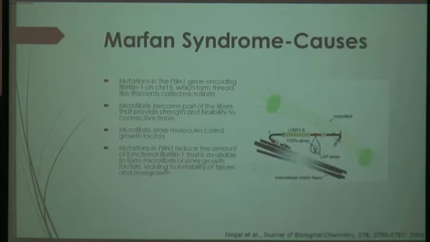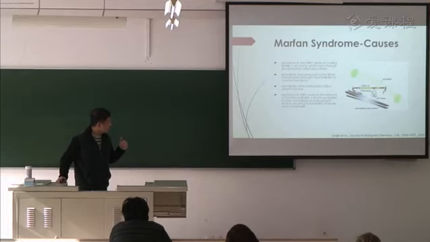So why does it happen? People have been looking into the causes of Marfan syndrome, and although it's still under study, they found a gene called the FBN1 gene. It encodes fibrillin 1 on chromosome 15. And as you know, this fibrillin forms thread-like filaments, which in turn form microfibrils. And these microfibrils provide the strength and flexibility of the connective tissue. And the microfibrils also